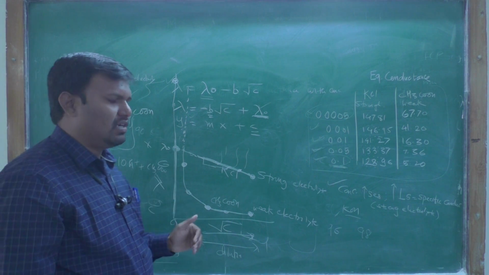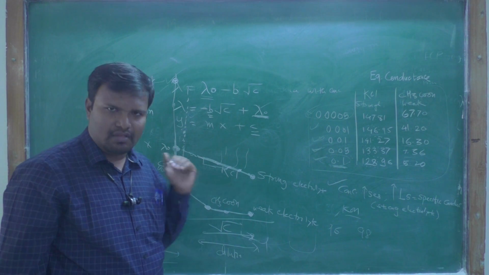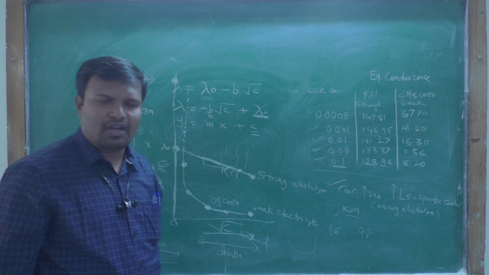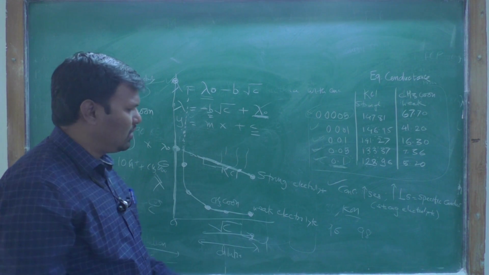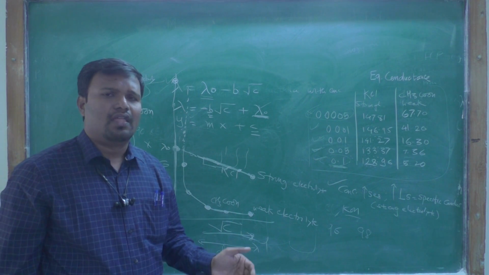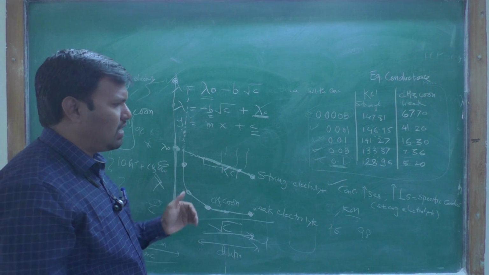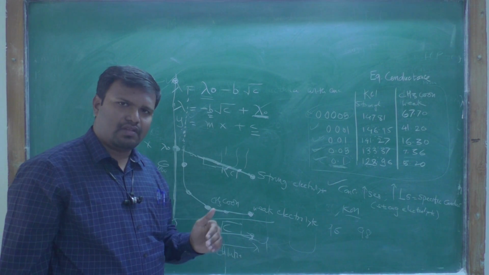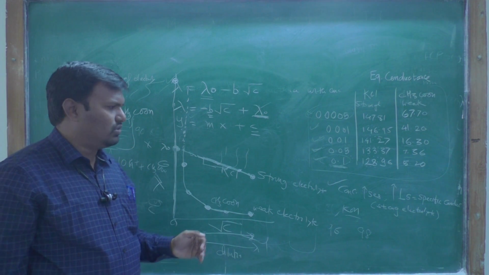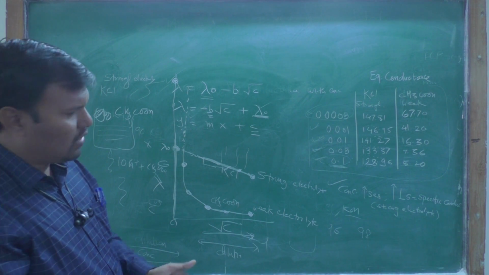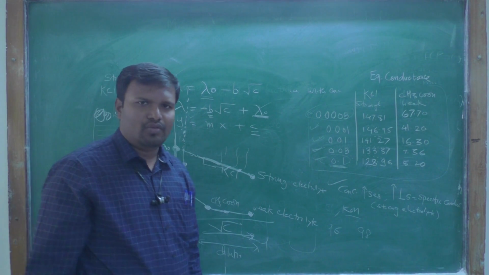Therefore it is difficult to find the limiting value of equivalent conductance for a weak electrolyte using this graph. By extrapolating this graph you can find the limiting equivalent conductance for a strong electrolyte, but for a weak electrolyte it is not possible. For weak electrolytes we have Kohlrausch's law, by which we can predict the lambda 0 value. This is all about the effect of variation of equivalent conductance with concentration. Thank you very much.